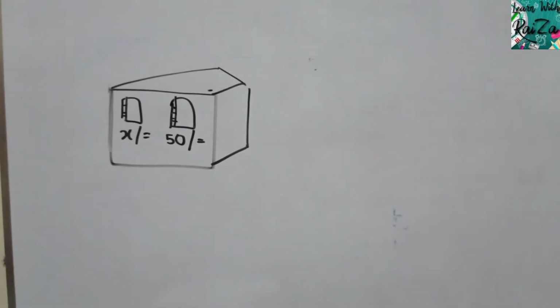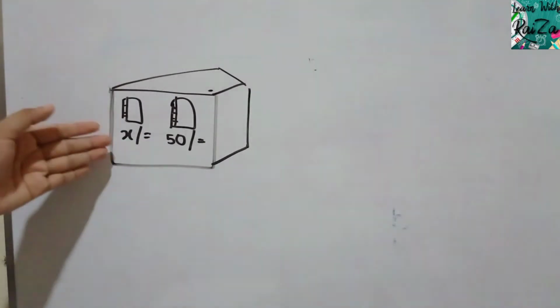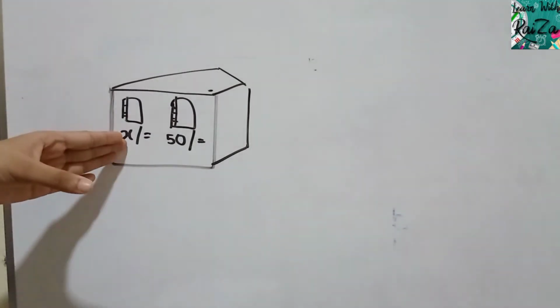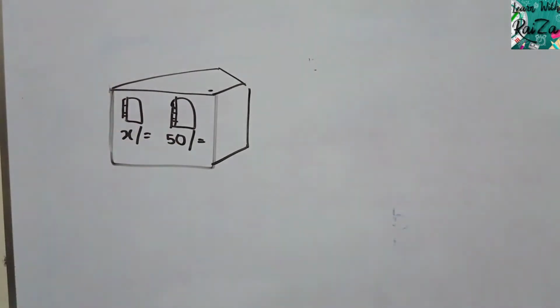Okay, right. Now consider this question, which I have put into a diagram to help you understand. If I tell you this is a parcel, and this parcel has two books. One book is x rupees and the other book is 50 rupees. Just assume that. So the worth of the two books in this box will be 50 plus x rupees. x is an unknown value, so if you can't understand, just imagine it as another value, like 50 plus 50 is 100, so the value of the books is 100.